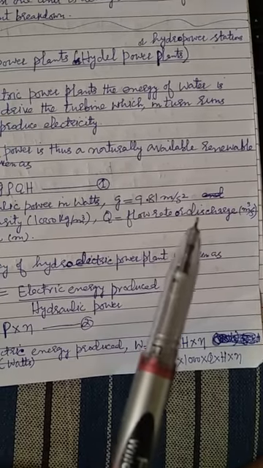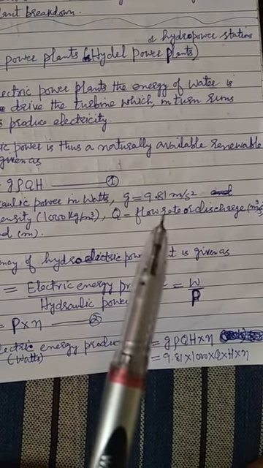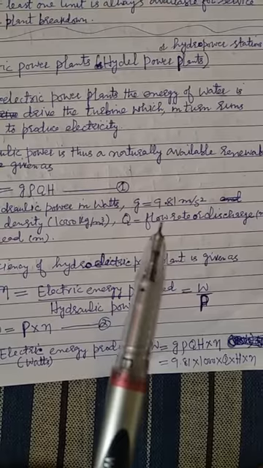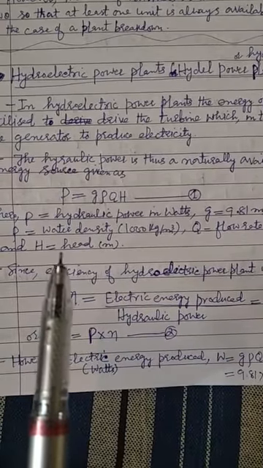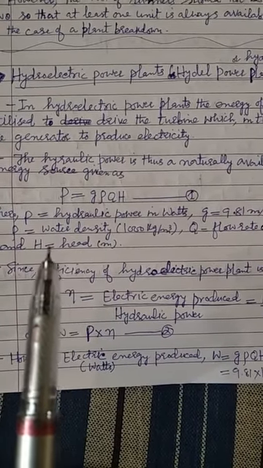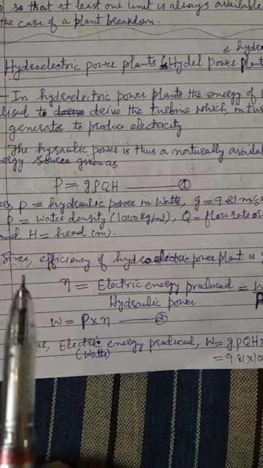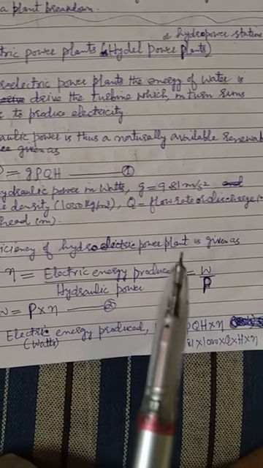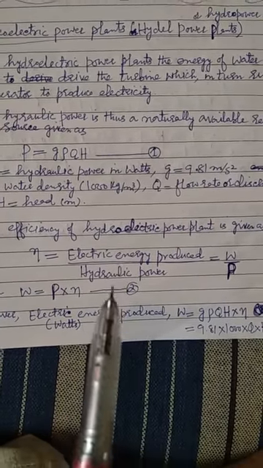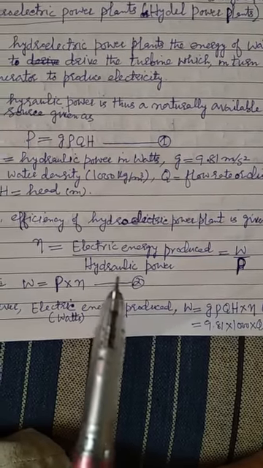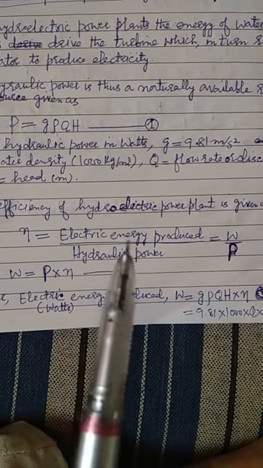Okay, so it is actually the volume of the water coming from the nozzle or from the penstocks, which is allowed to strike on the turbine blades. And capital H is the head from which water is coming. Okay? So this head is actually the net head, in meters. Since the efficiency of a hydroelectric power plant is given as, you can say efficiency is always measured as output by input. So we have to see what is the overall efficiency of the hydroelectric power plant. It is actually the electric energy produced.